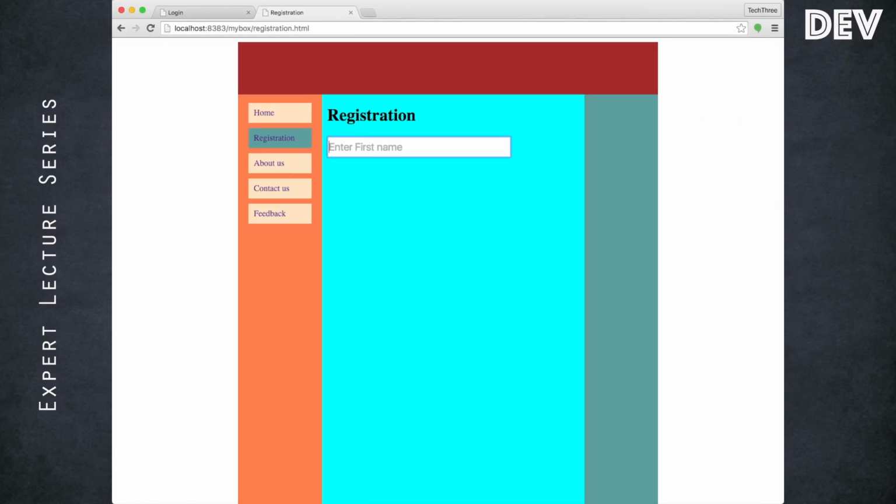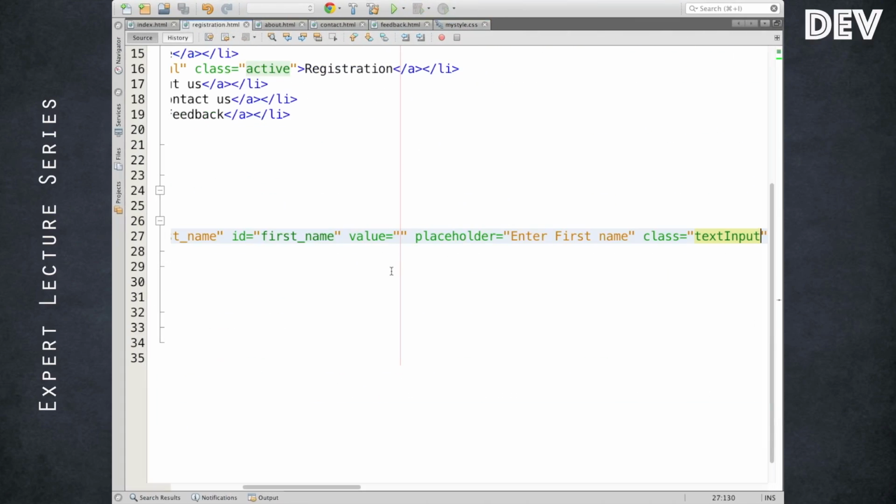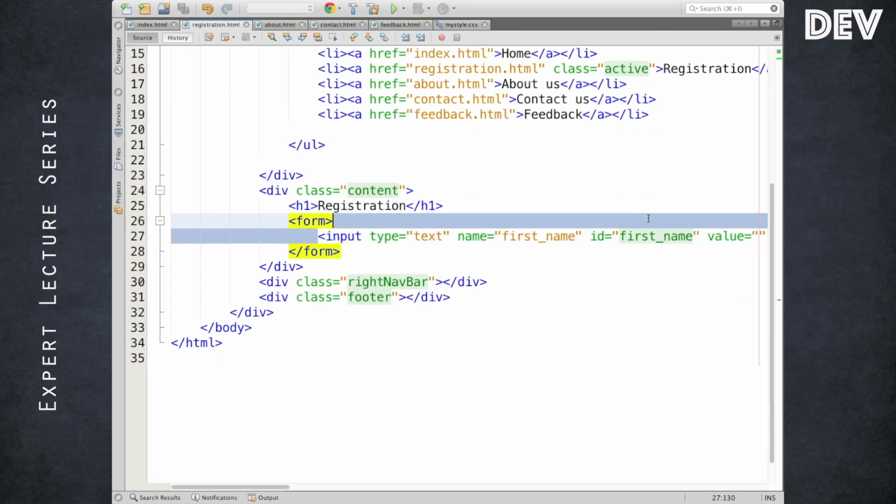So we made a customized text input at this point. But remember, when we have, okay, let me do that as well. So let me put one more input field.